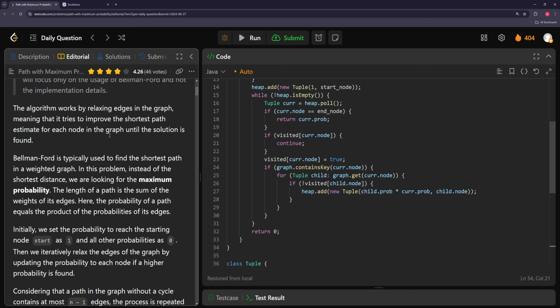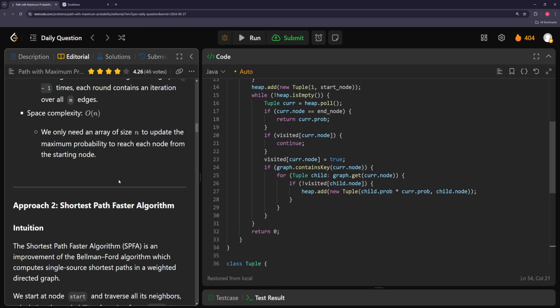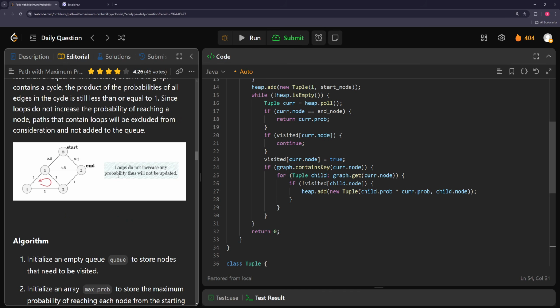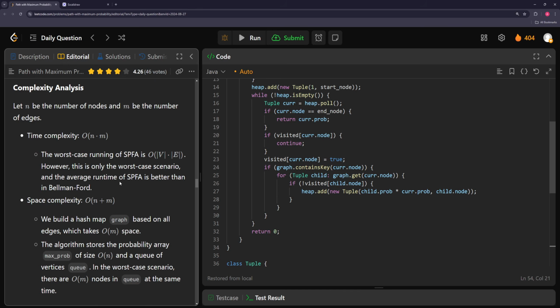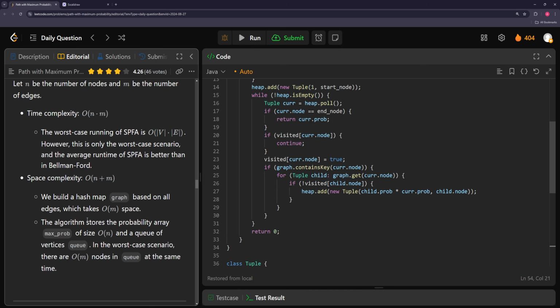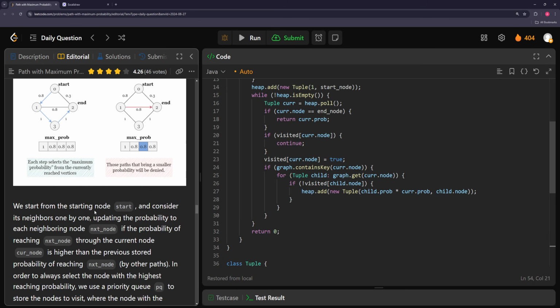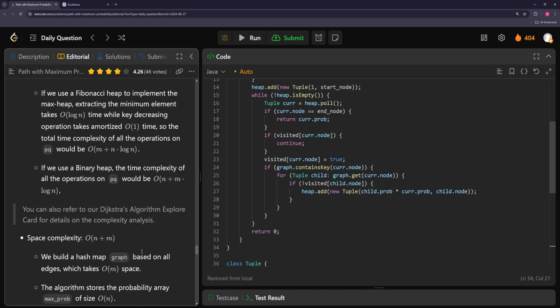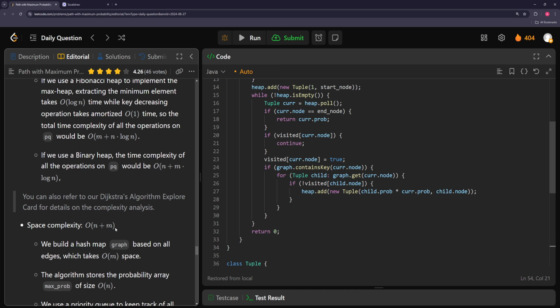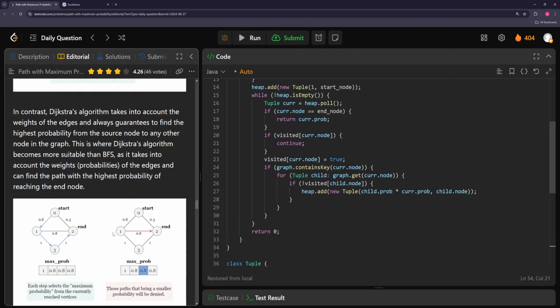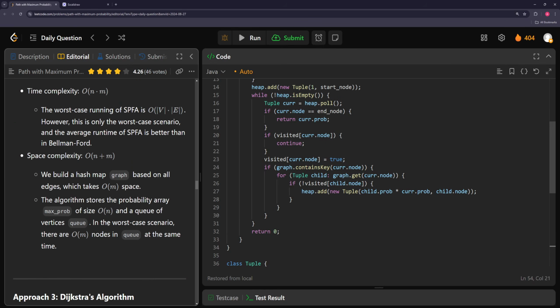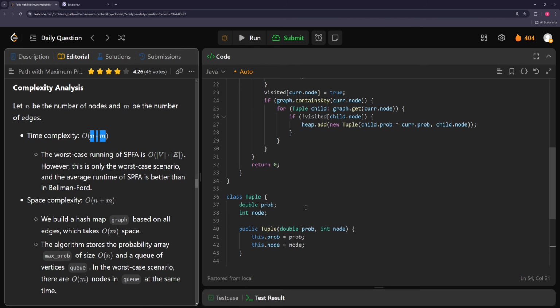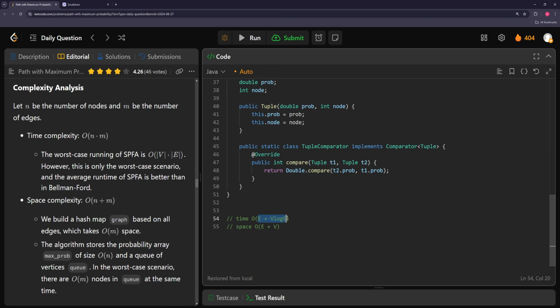So there's probably a Dijkstra's one. Okay, that's Bellman Ford. Let's see, shortest path, faster or something. N plus M. Okay, so this one's a little bit better, it looks like. Yeah, so here we go. Dijkstra's is the one we used. And I think they usually write n plus m. I guess we did have n plus m, right? So n plus m for space, and then time is n times m, and we had,